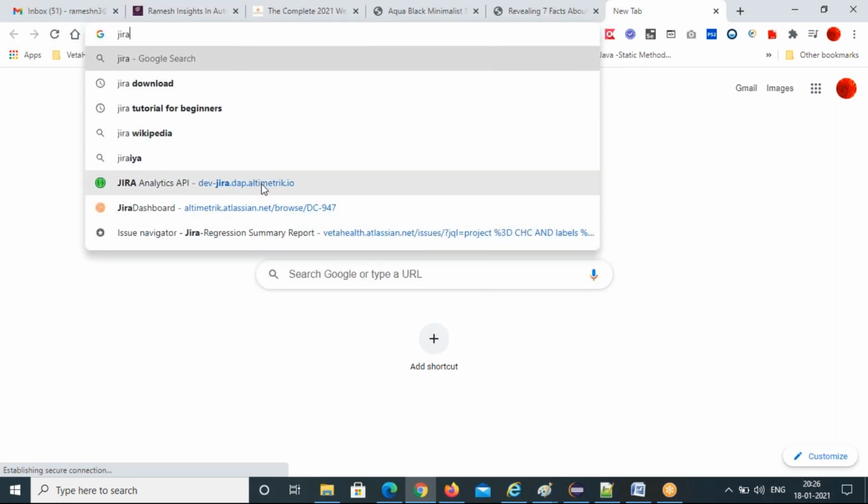Sir, regression testing is also done in the testing phase only, sir. Bug life cycle testing phase only. Regression testing also in the testing phase only, right? Yeah. Once you have completed all the defects and bug fixes, test case execution is done and all the bugs are verified, then you will start doing this.